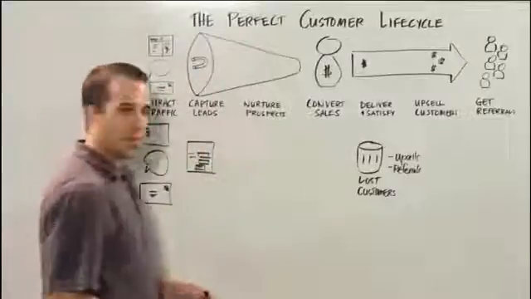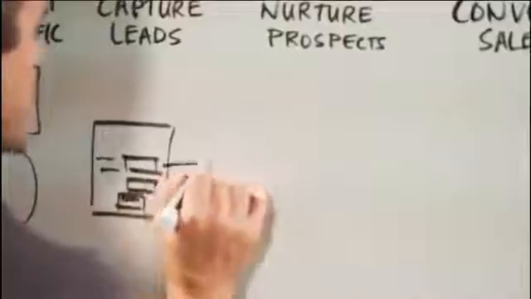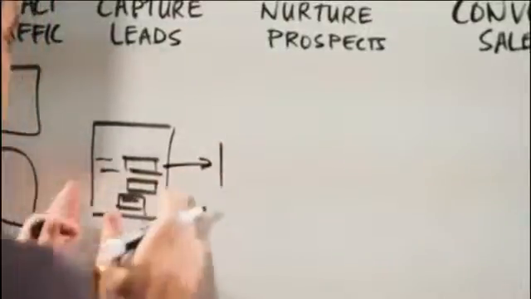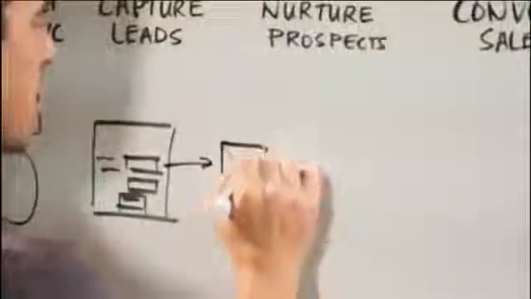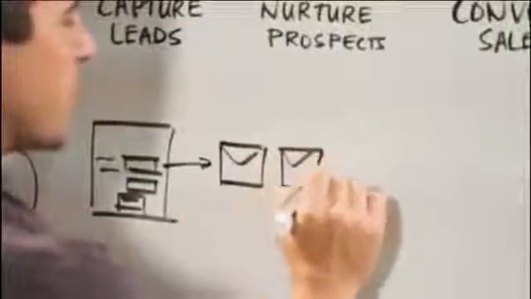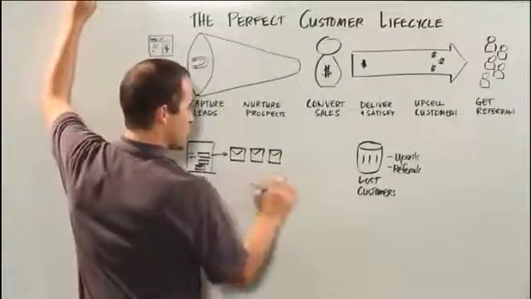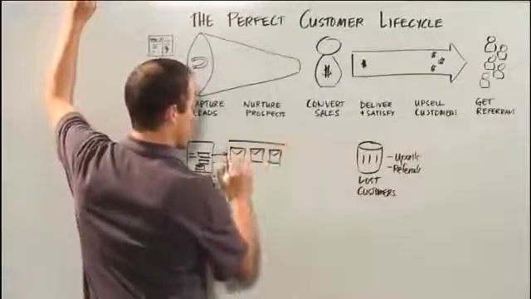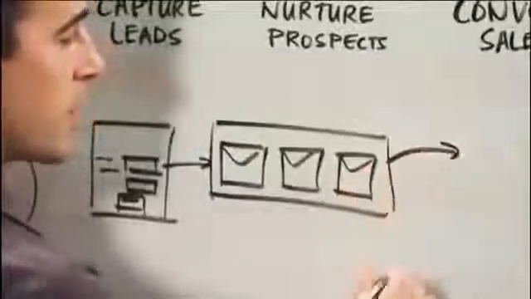Well, there's 2 different ways of nurturing that we're going to do for our prospects, okay? The first thing we're going to do is something like this. Somebody fills out a form on our site, we've captured them. We're going to begin to follow up now with them. We're going to send them emails or direct mail pieces, different types of follow-up that we'll use to nurture the relationship, okay? Those who are interested enough to buy will move on into our conversion process.